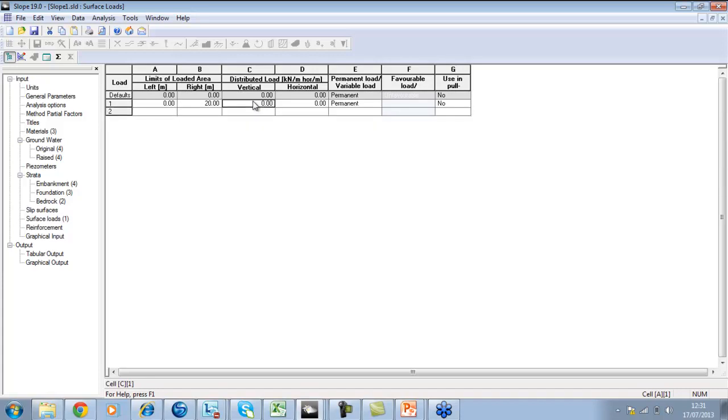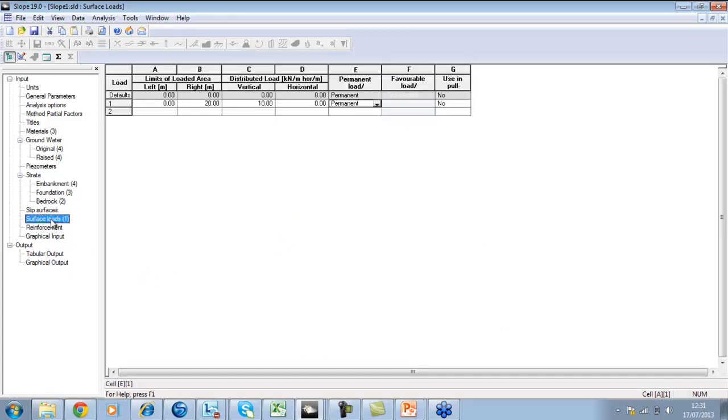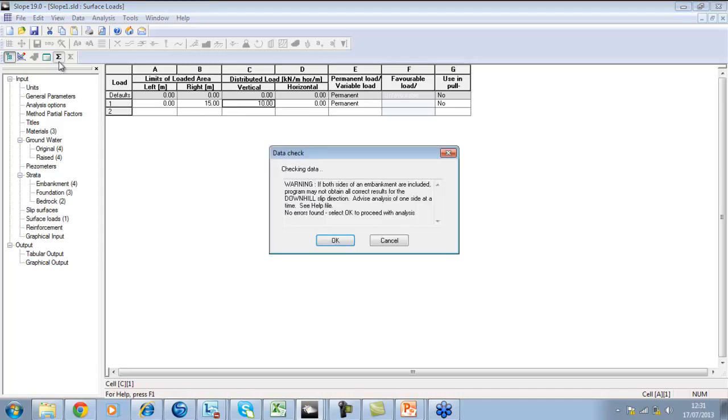Let's say we've got a distributed load of around 10, something similar to some kind of highway loading. So let's have a look at the graphical input. It's probably going to finish here, so I'll say 0 to 15. I find it very helpful to check all my inputs with the graphical input as well. So if I run this analysis now,